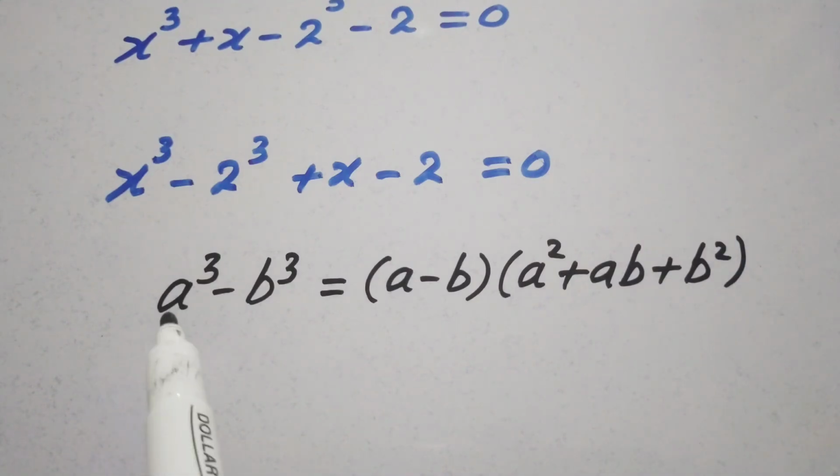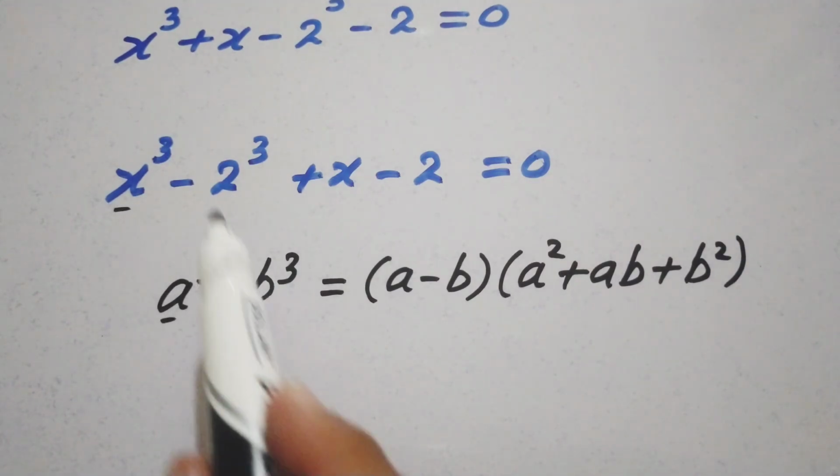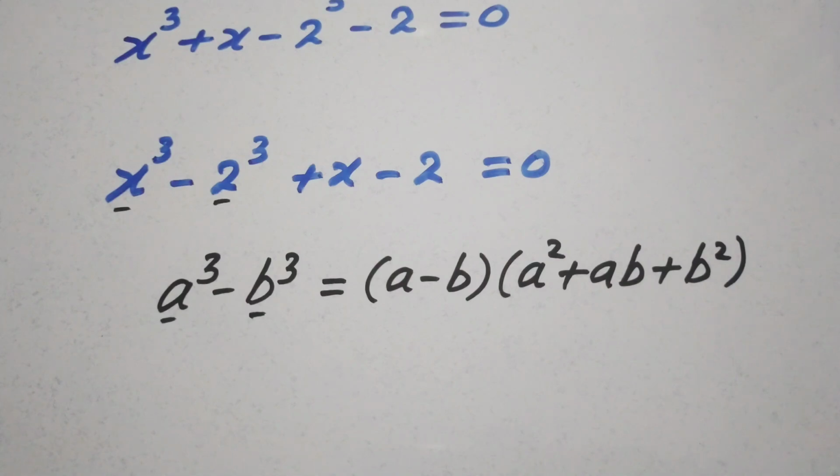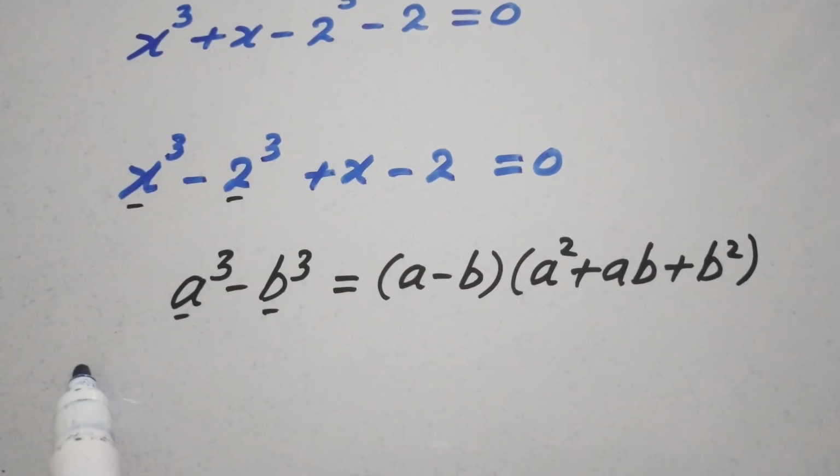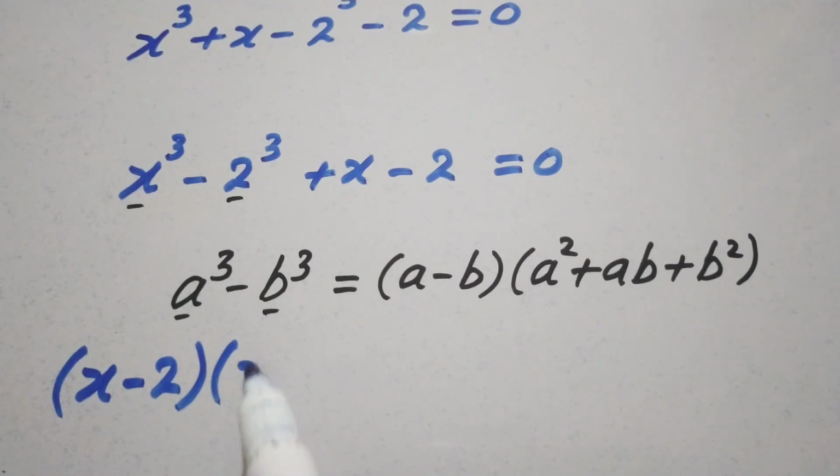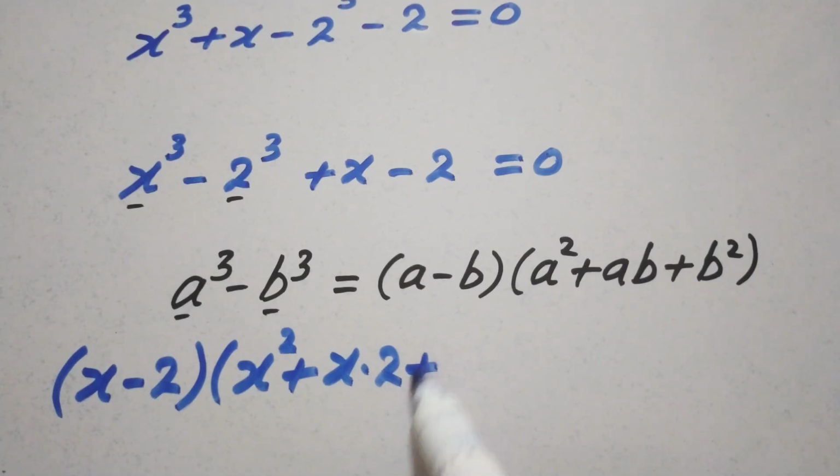So here we have a is equal to x and b is equal to 2. By using this identity, the above equation will become as x minus 2 into x squared plus x into 2 plus 2 squared